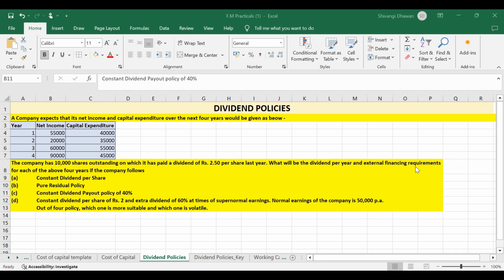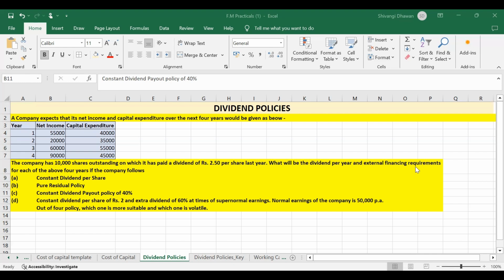And the important classification of the dividend policy can be the stable dividend policy, where the company aims for a steady dividend payout every year, irrespective of change in income. Constant dividend policy, where a specific percentage of the company's earnings is paid out as dividends every year, and residual dividend policy, where the company pays the dividends from the funds left after they have met their capital expenditure requirements.